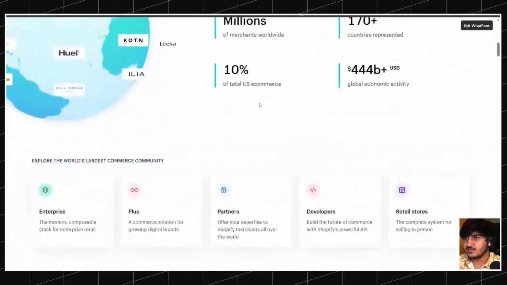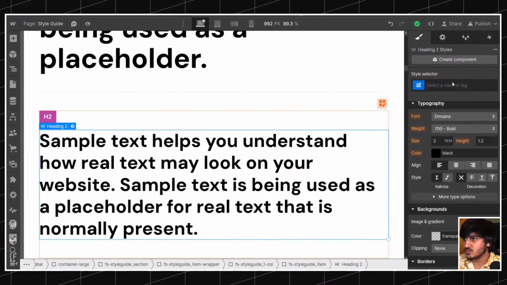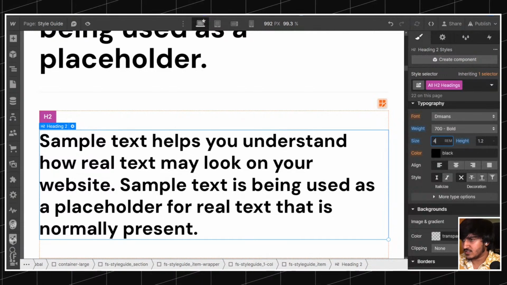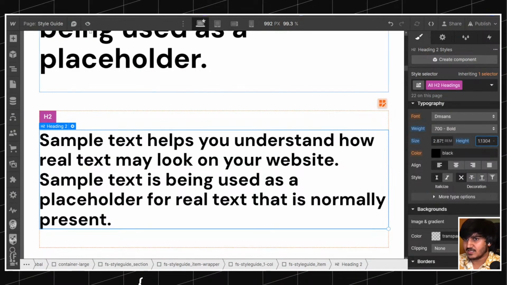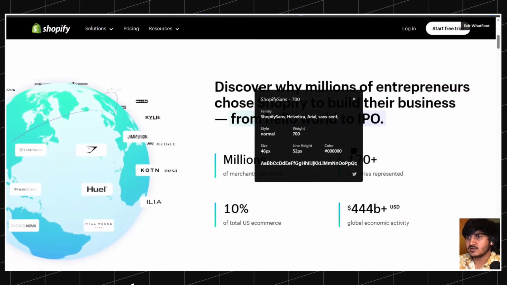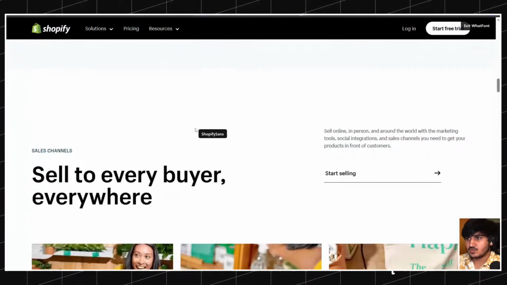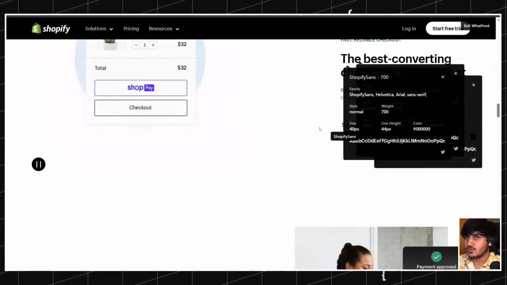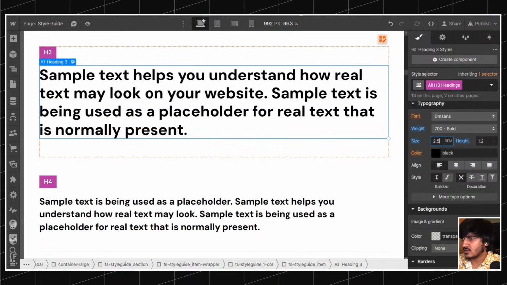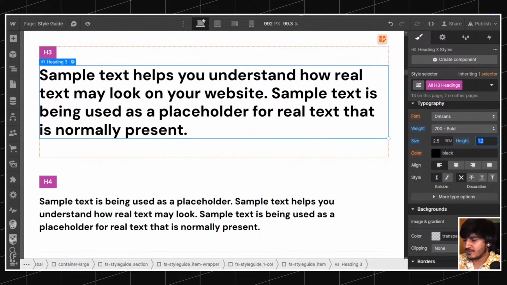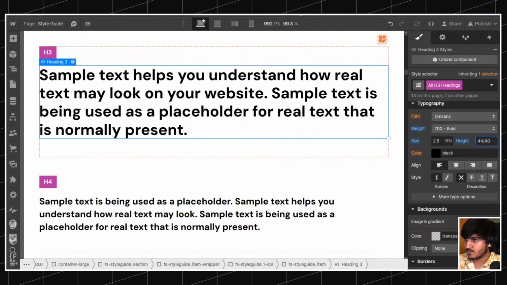Okay, yeah. So let's keep this size as H2, sorry, 46 and 52. So I will go to H2, then 46, 52 divided by 46. This will give us the line height, just like this. It is again bold. For H3s, it was 40. So there we go, 40 and 44. So let's see, 40 pixels converted to 2.5 rems, and then 44 divided by 40 will give us the